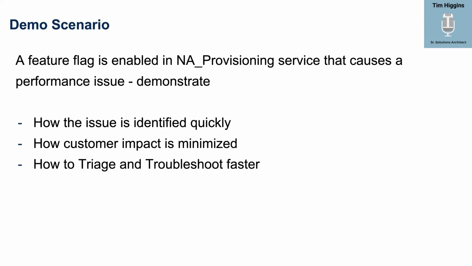And number two, how customer impact is minimized. I'd hate to say 99% of the time, but maybe 80-20. 80% of the time, you don't realize you have a problem with your app until the customer tells you that. And that's really bad for business. Unfortunately, with the web and the way things are, that's just the way things fall in place. Hopefully with AXA, you'll see that there's a way for you to jump ahead of the game.